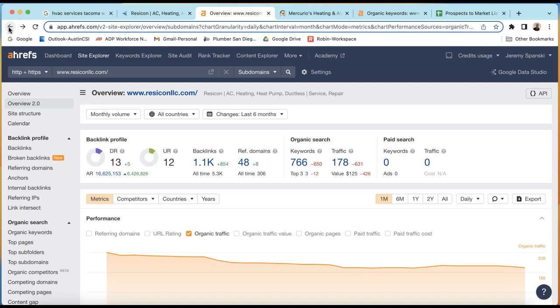But keep this in mind, not all backlinks are created equal. It's very important to have relevant backlinks from other HVAC services, plumbing services, sewer and drain service websites linking back to you. It doesn't do you any good if websites outside your industry, like a restaurant or doctor's office, link back to you. So right now you have good backlinks, or at least a lot of backlinks, 1,000 with 48